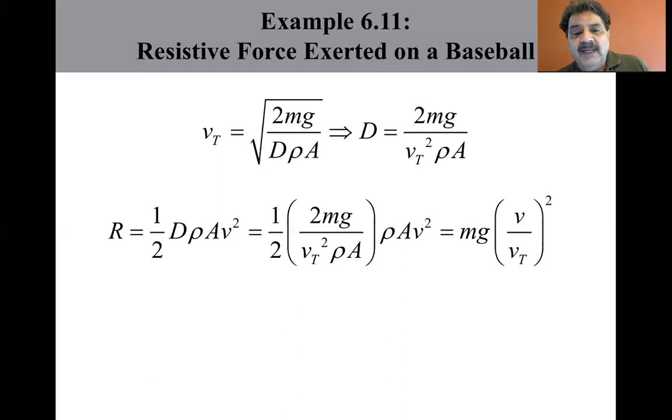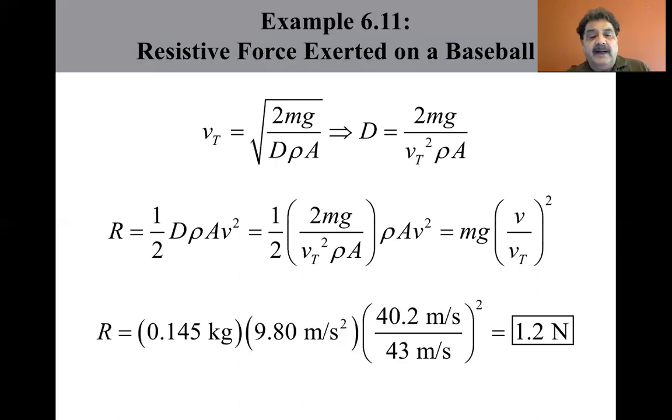We substitute that in, and we see that the rho A cancel, and so the resistive force is equal to mg times v divided by v terminal velocity, squared. And we substitute the numerical values using the terminal speed of 43 meters per second, which we got from the table above, and we get